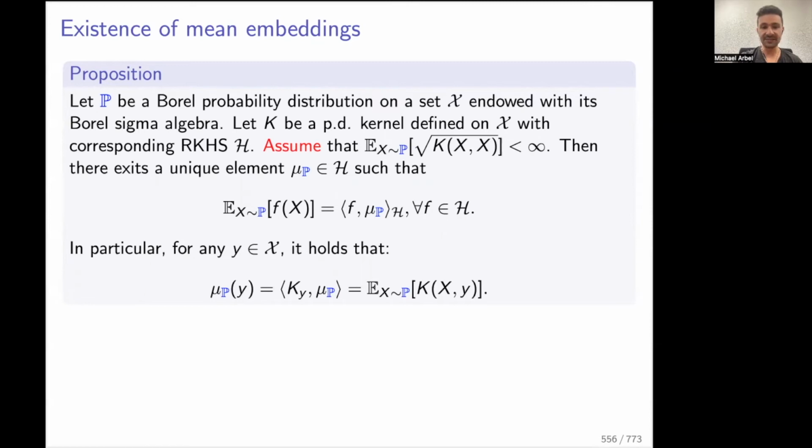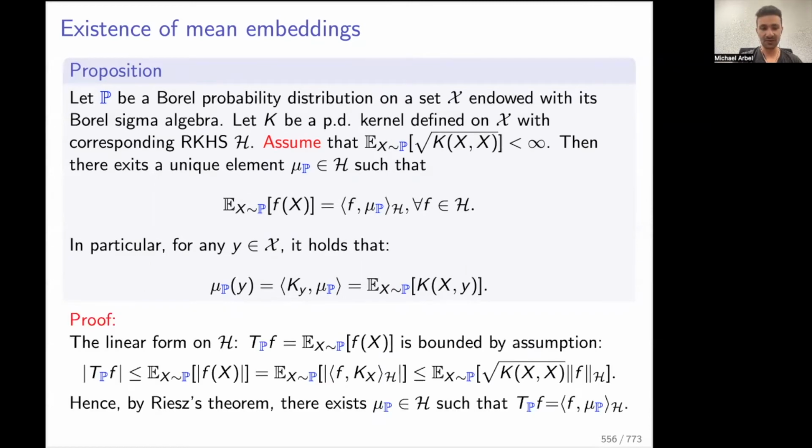The proof of this statement is actually very simple because it relies on Riesz's representation theorem. For that, you consider the linear form that acts on functions in the RKHS by taking their expectation under P. Under the assumption on the kernel, we can show that this form is continuous, or bounded. To do that, it's very easy. You just use the definition of the linear form and the fact that we are applying it on functions in the RKHS, so the reproducing property holds, and we can upper bound the absolute value of the linear form